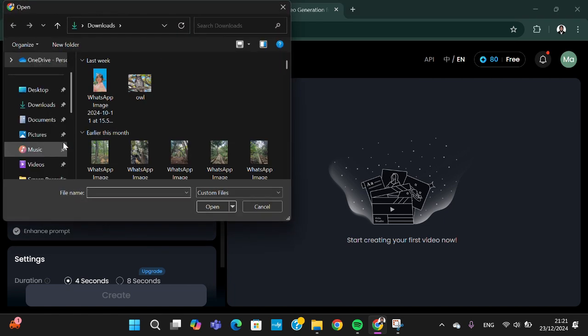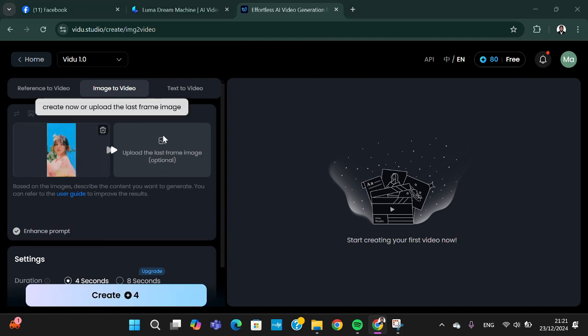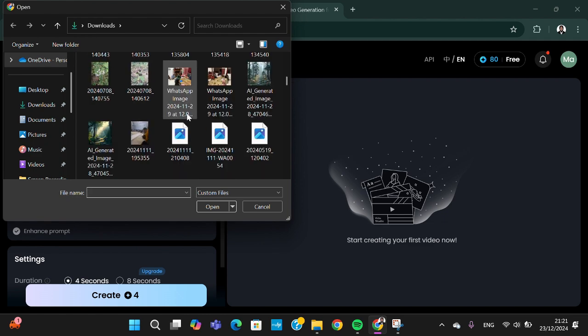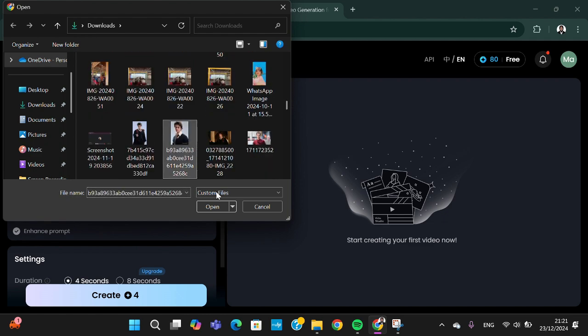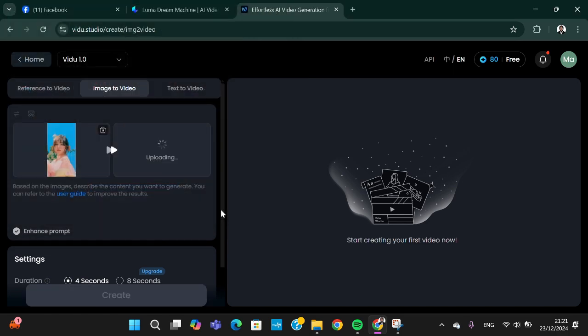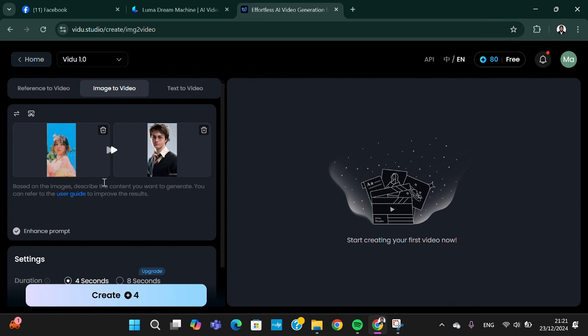I'm going to upload my image right here. This is for the first image. And this is for the second image. I'm just going to pick a random image from here. Okay, and then you can click on confirm. Okay, and then we can